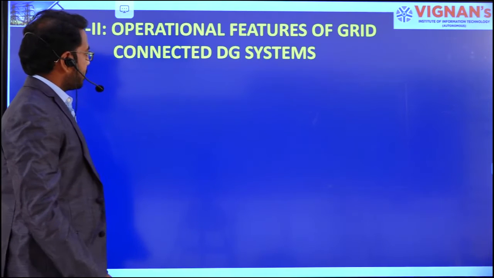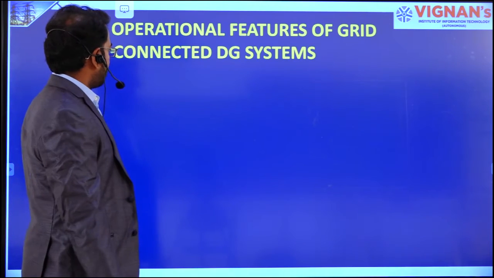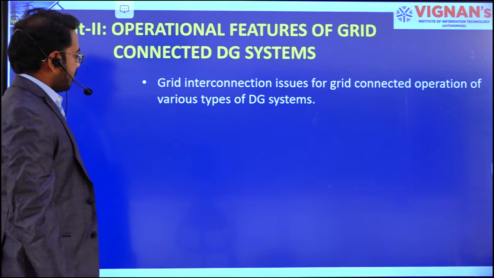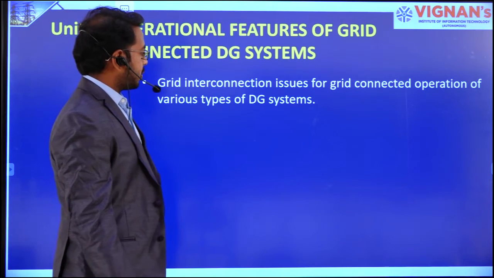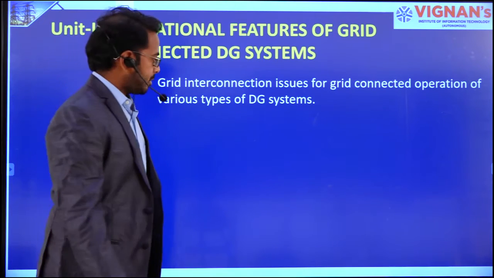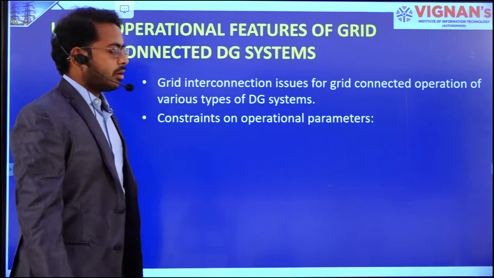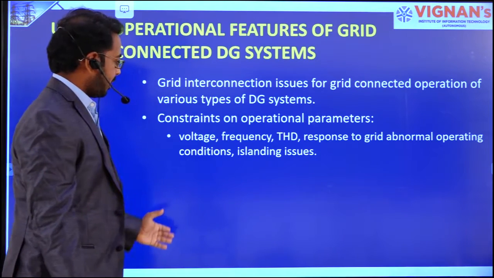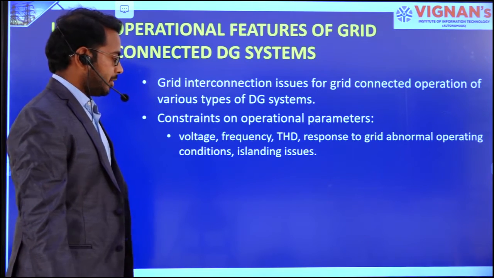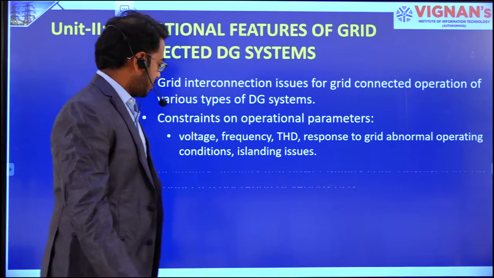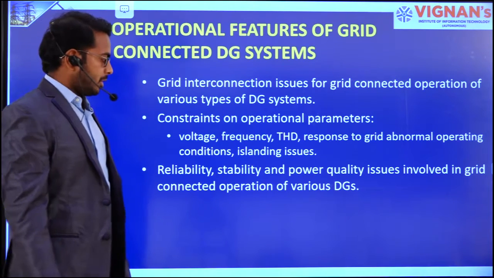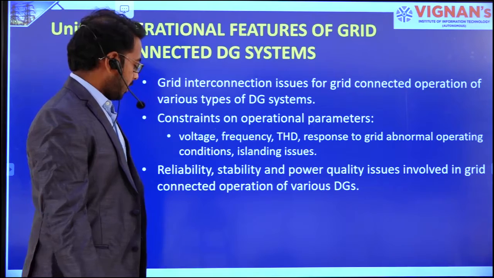Unit number 2 is operational features of grid connected distributed generation systems. In this, we will discuss grid interconnection issues for grid connected operation of various types of DG systems, and constraints on operational parameters like voltage, frequency, THD, response to grid abnormal operating conditions, and islanding issues. And we will discuss some reliability issues, stability issues, or power quality issues involved in grid connected operation